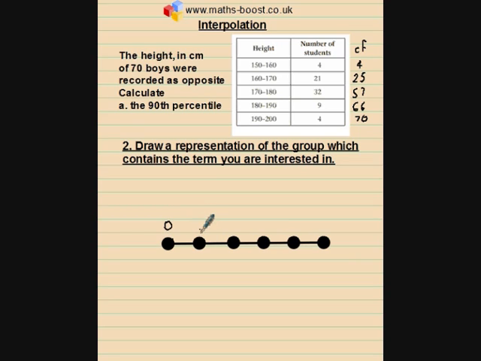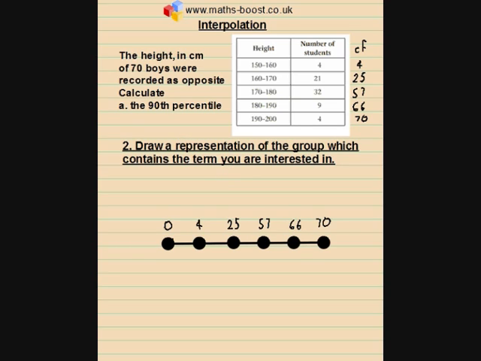And this shows the groups, and I'm going to draw in the terms that are on the boundary of each group. And I'm doing this using the cumulative frequency column. So I can see group 1 contains terms 0 to 4, group 2 4 to 25, group 3 25 to 57, and group 4 57 to 63. So it's this group that contains the 63rd term. So it's the group that I'm interested in,